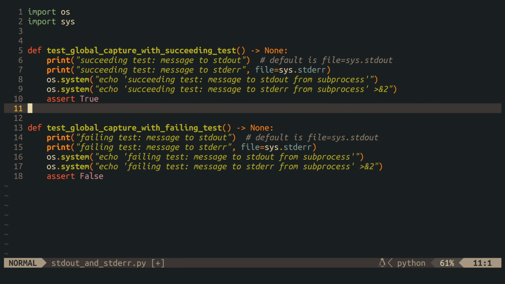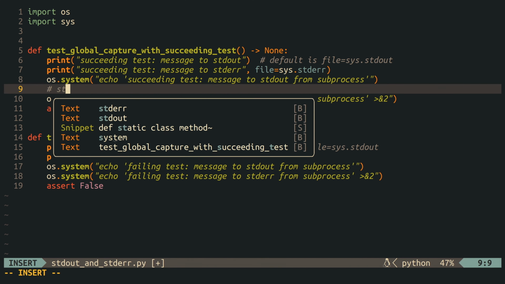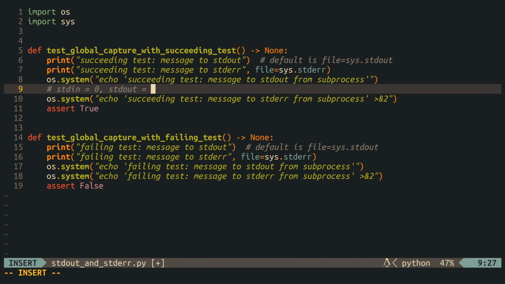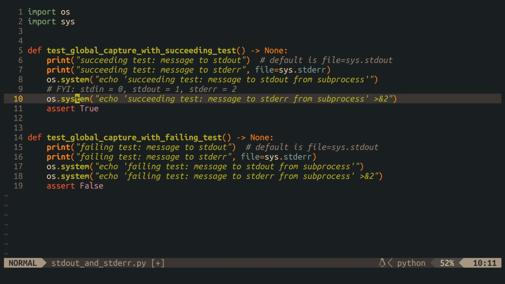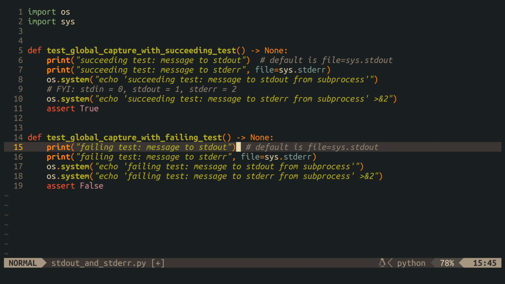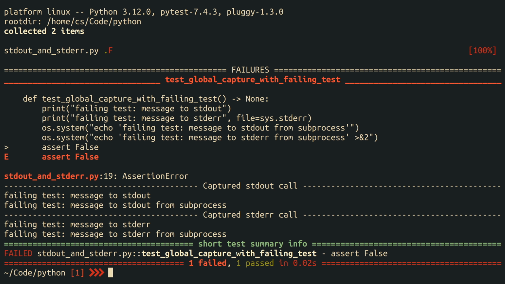This is a little shell scripting trick that's not really important now. If you are curious, you can search for output redirection to look it up. But for us, the only thing that really matters now is that our subprocess prints something to stderr. Now, if we run the test suite again, you still see the same behavior. You see one failed and one passed test. And for the failed test, you see that PyTest has captured both the output of our Python program itself as well as the output of all subprocesses.